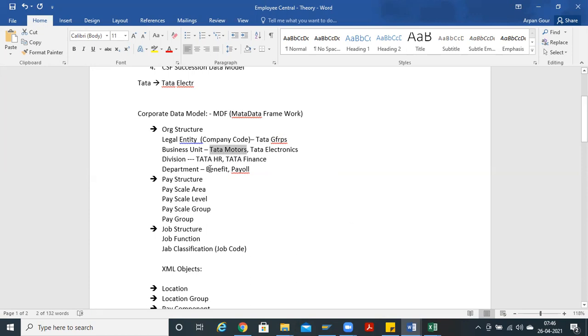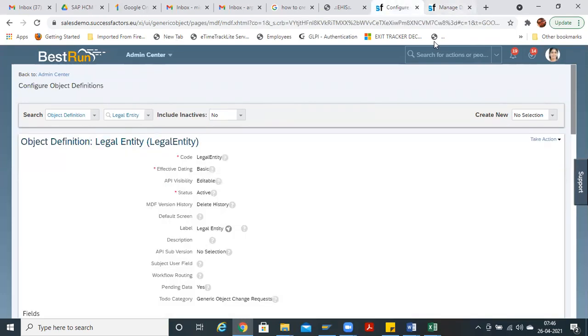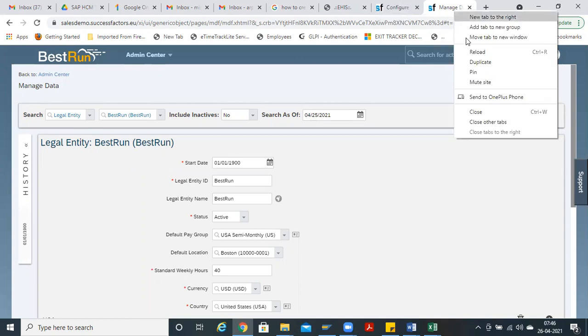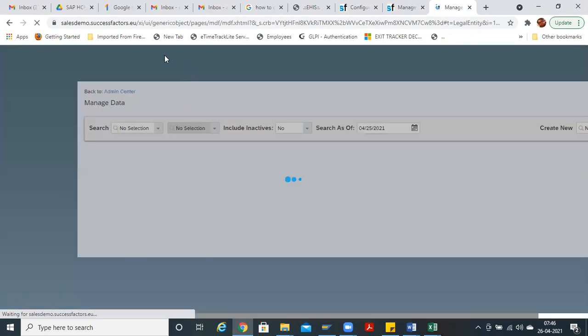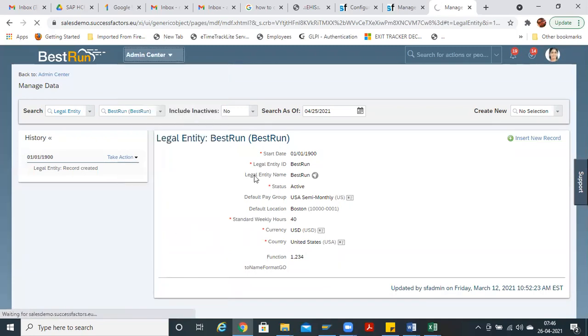I'm coming step by step. First we are just defining, from a consultant's point of view, configure, manage data, then after that in employee profile where it will be visible. So basically, we are just modifying the data which we have.